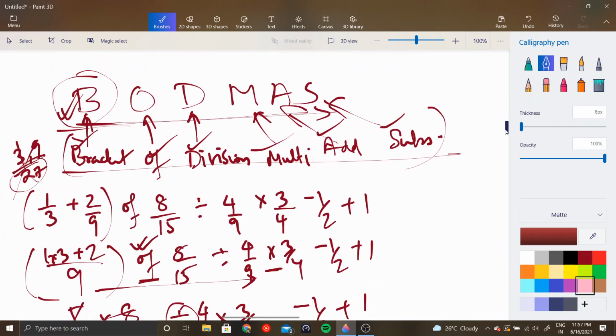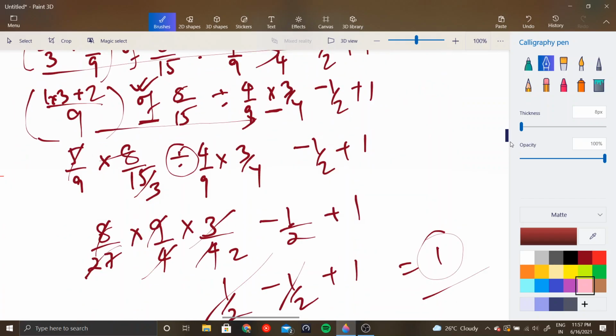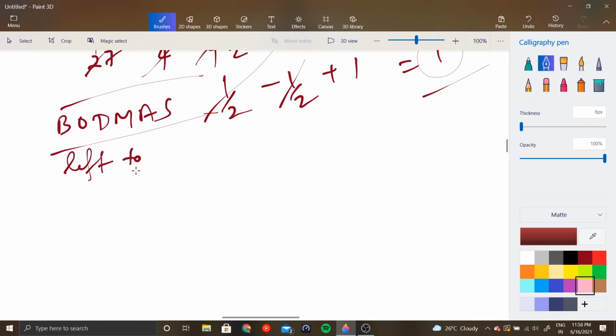If you know BODMAS correctly and if you always traverse from left to right and remember the priority order, right? The precedence, and also remember the associativity. So the precedence is BODMAS. They get priority as written in BODMAS, and the associativity is left to right. Right? You start computing from the extreme left, you end at extreme right. Okay, this is the associativity.